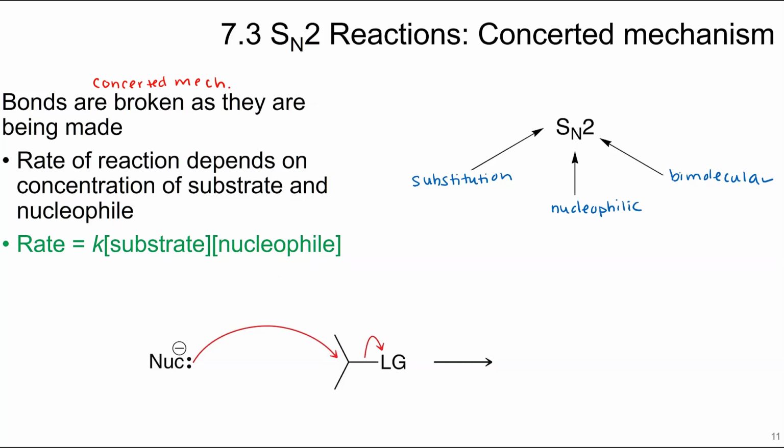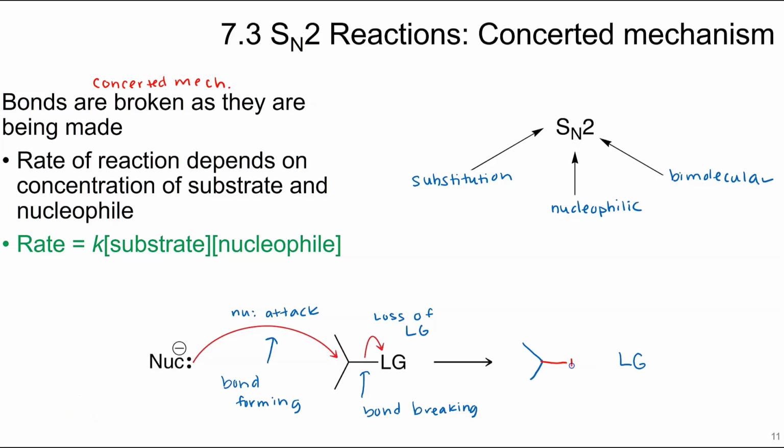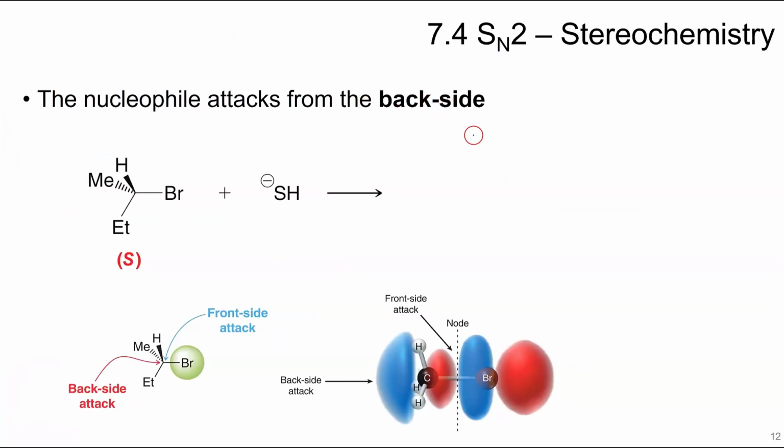So in an SN2 reaction, there are 2 steps that are happening at the same time. The first thing that happens is the nucleophilic attack. And while that bond is forming, we get a loss of leaving group, and this bond is breaking. So this bond is formed with the nucleophile, and then the leaving group takes the electrons with it. The nucleophile attacks, hugs,